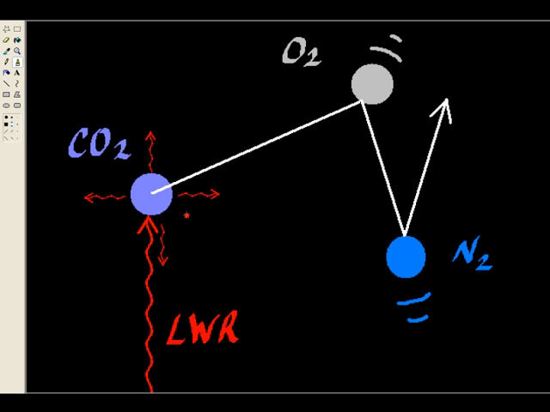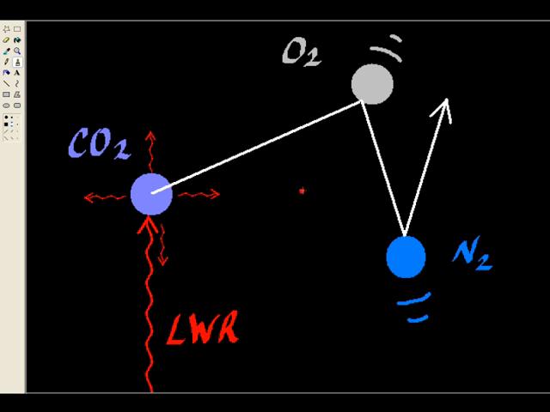Then the long-wave radiation emitted from this CO2 molecule will travel to other CO2 molecules and make them vibrate also. But this particular long-wave radiation is still being emitted at a frequency of 700 centimeters. And because of that, the long-wave radiation cannot make the oxygen molecules or the nitrogen molecules in the air vibrate at the same frequency, because oxygen and nitrogen do not vibrate at this frequency. Just like I mentioned earlier in the lesson,